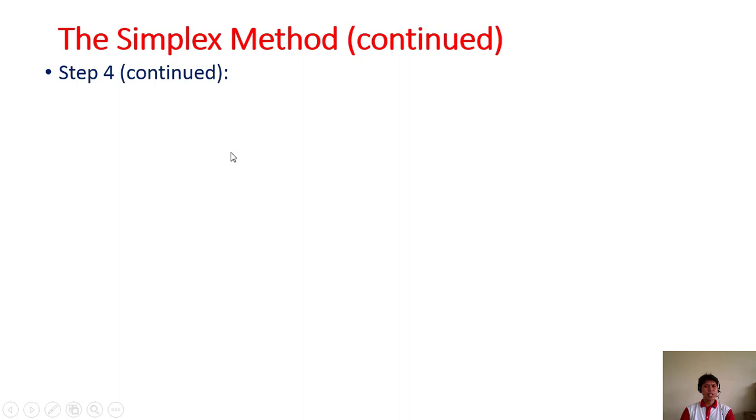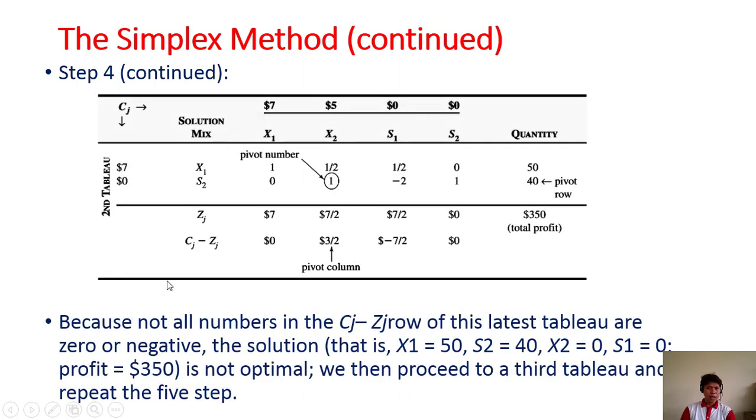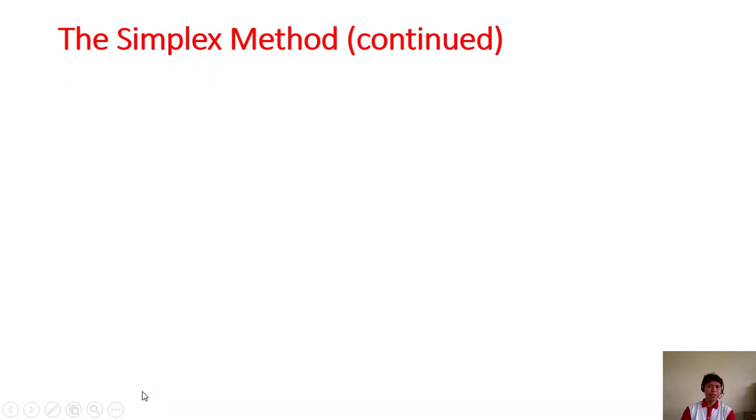Okay, for step number 4, because not all numbers in the Cj minus Zj row in the latest tableau are 0 or negative, the solution, that is X sub 1 is equal to 50, S sub 2 is equal to 40, X sub 2 is equal to 0, and S sub 1 is equal to 0, and the profit is equal to $350, is not optimal. We need to proceed to the third tableau and repeat the steps. So since it is not optimal,